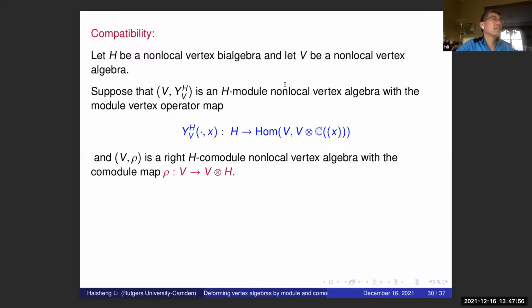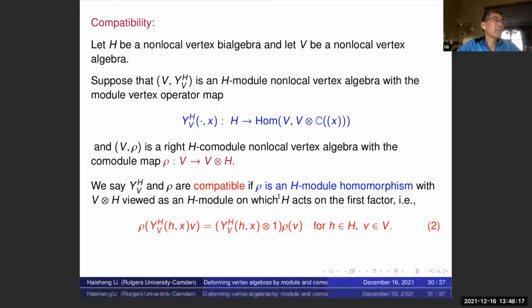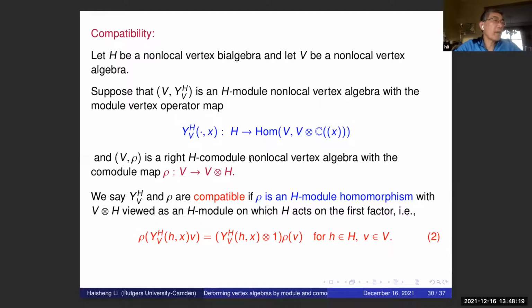And suppose on V we have an H-module. This is a left module non-local vertex algebra, and this is the notation, the module map. On the other hand, suppose we have a right comodule structure for that. Then compatibility means this ρ map